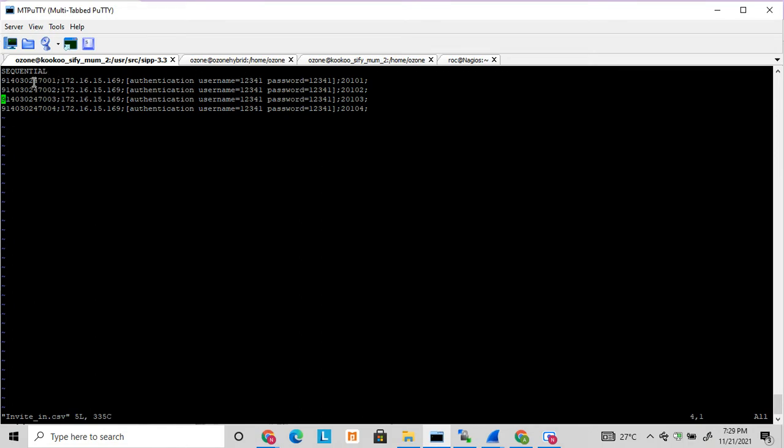The field index starts with zero: zero, one, two, three. So I have four fields here. From this field I will use as from, and this field I will use as to. I have four numbers added here, so CP will read these four numbers dynamically while dialing out to the proxy or SIP application. Let's see how the script reads them.